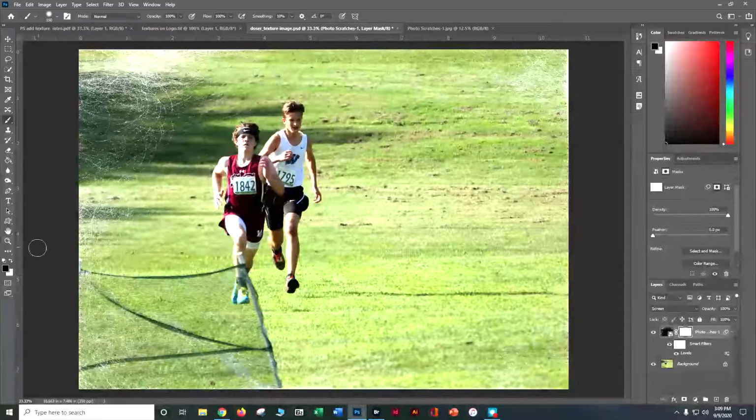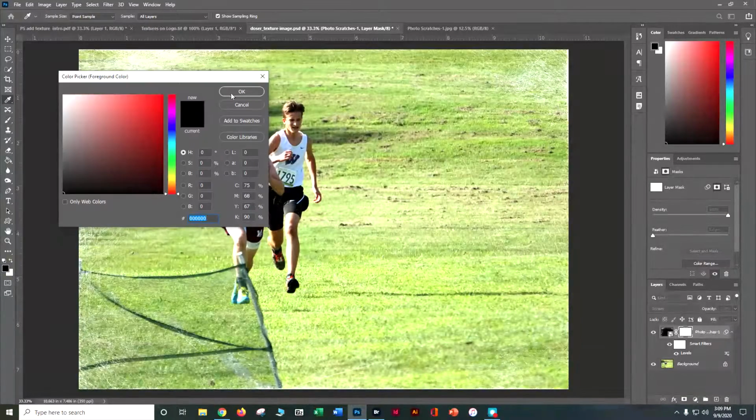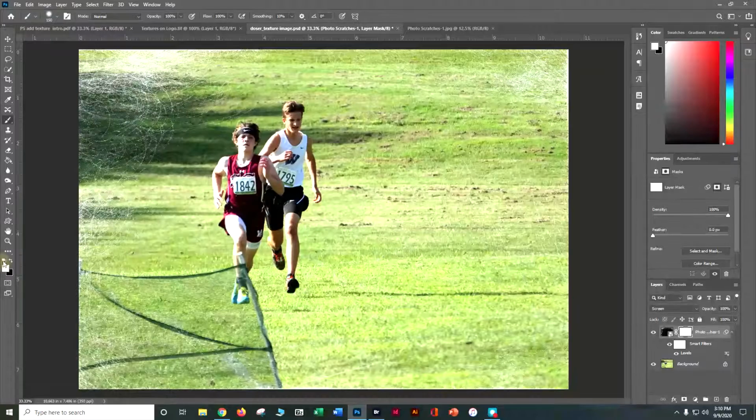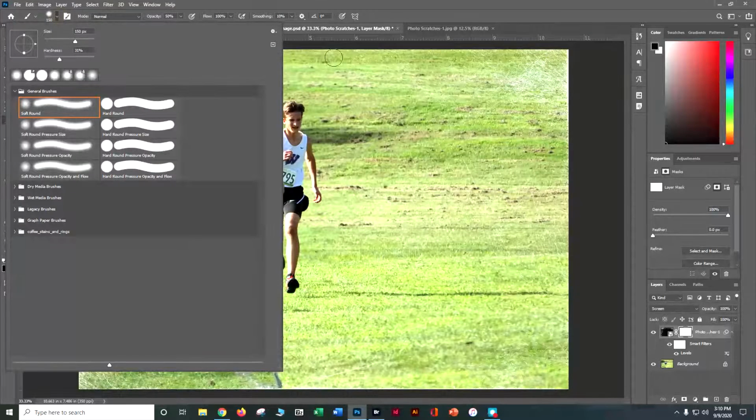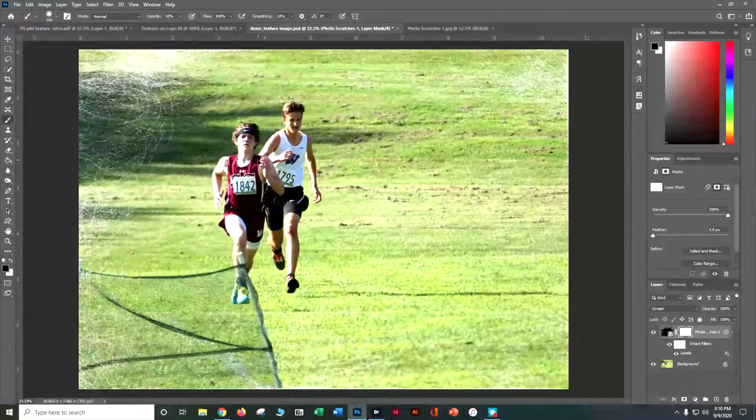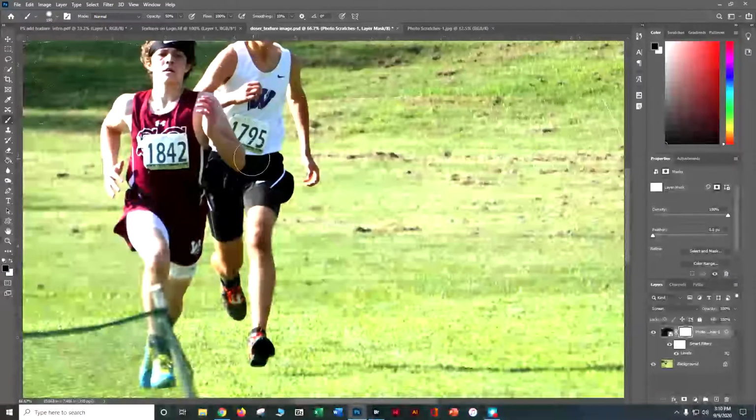And we're going to make sure that our foreground color is black. You can always switch back to black and white, reverse that with the color switcher, and grab my brush. I'm going to turn my opacity down a little bit, and grab my brush on kind of a softish brush, so 30ish. And I'm going to click up here, and if I zoom in, Control plus, use my space bar